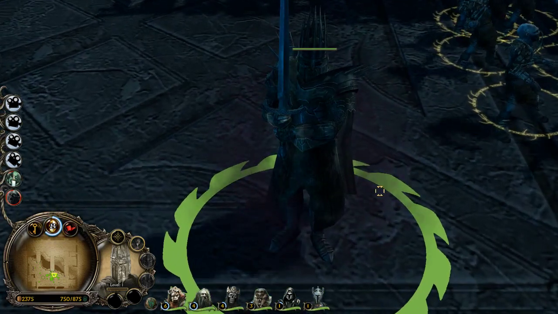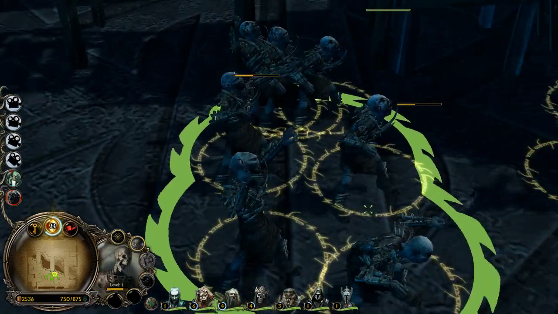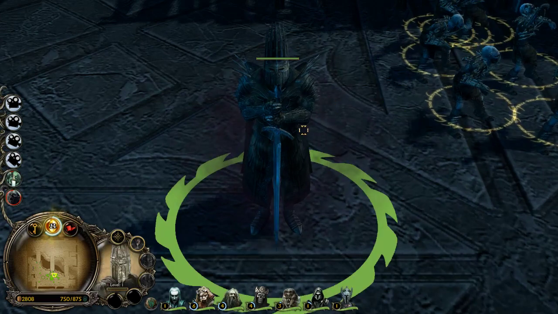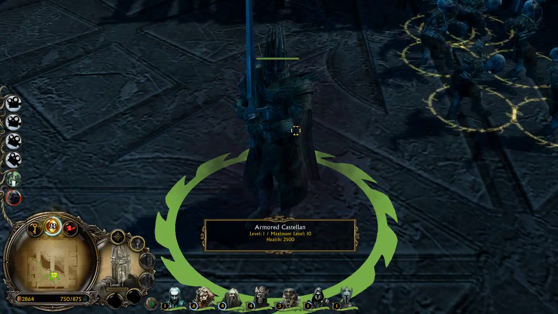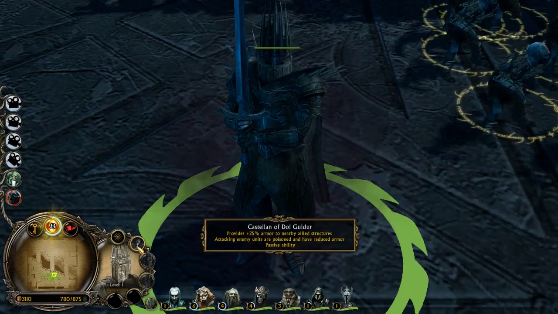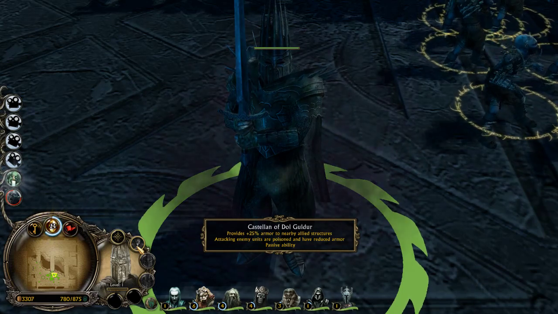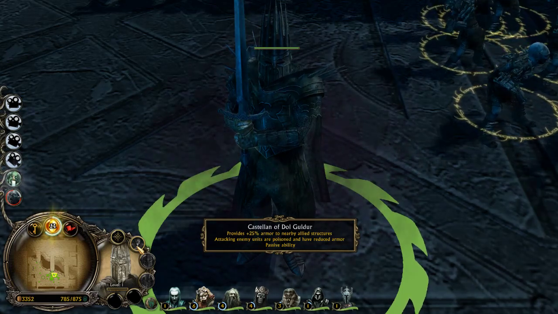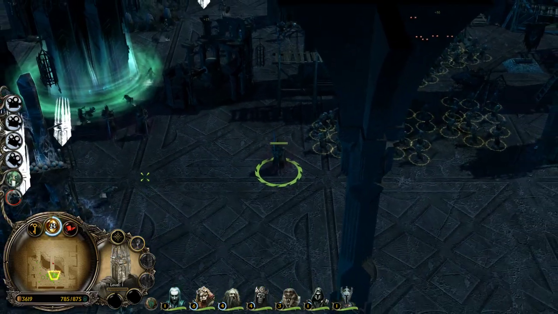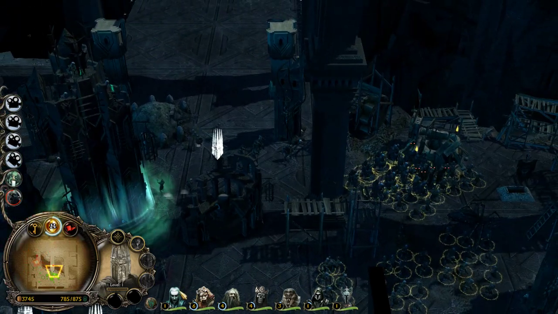This is why I love Guldur so much, because they get the rabble, they get the trash, they get Risen Dead, but they also get heavily armored badasses like this, which were originally a Mordor unit, which have now been brought into their home in Guldur. Provides 25% armor to nearby allied structures. Attacking enemy units are poisoned and have reduced armor. Originally, these had no abilities because they were just a unit you would make from the Guldur building over at